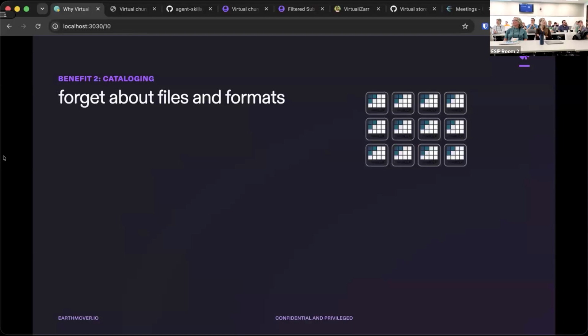Here we go. Okay, so that's benefit number one. Benefit number two is that it allows the user and the provider to generally abstract over, or forget about, the details of both individual files and different file formats. So one common problem is that